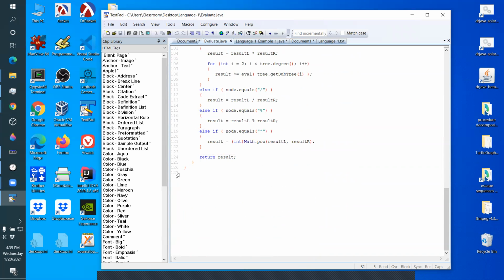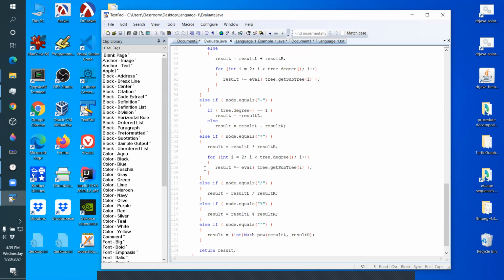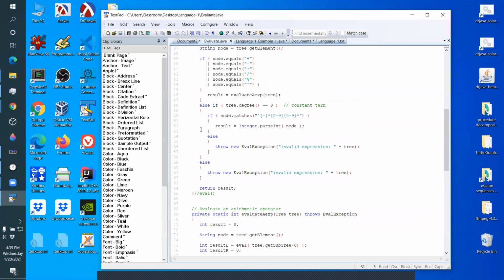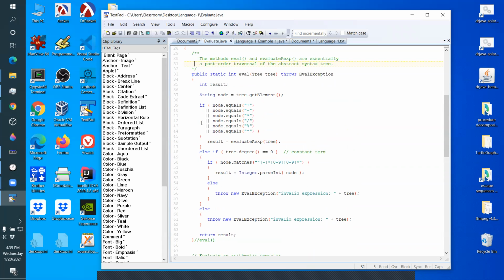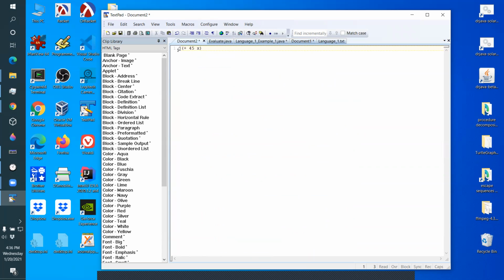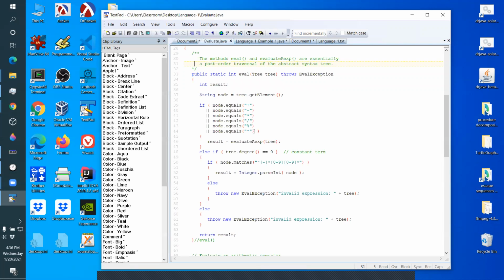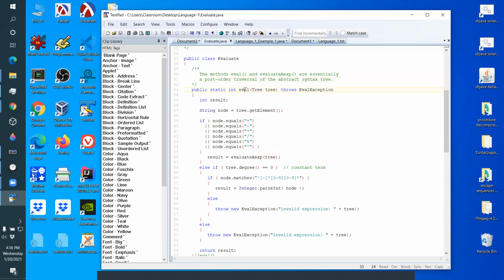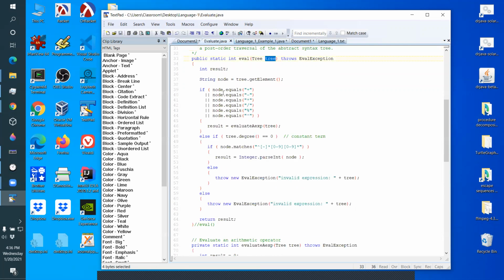You can see that it's a little over 100 lines of code. A lot of the code is error checking. We're not assuming that we're passed a perfect tree. Since someone could give us ill-formed trees, our program shouldn't blow up and crash on an ill-formed tree. So it's got to do error checking. But the key idea is that you eval a tree by